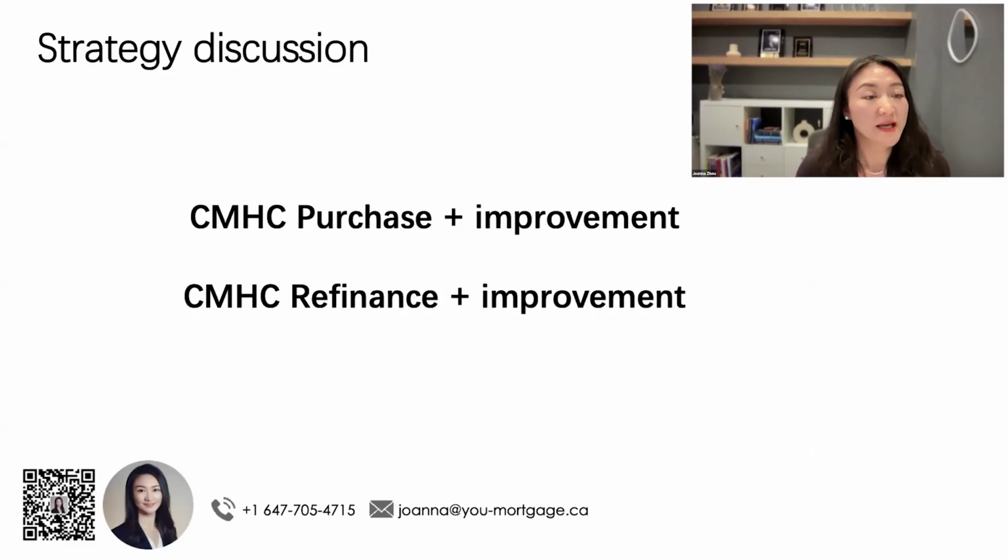So here we might have a little brainstorming about how we can use this program. Let's say purchase and improvement and refinance, and this can also be used as refinance plus improvement. I can make a case in my mind. Let's say you are a developer with a 100 unit building which has been with CMHC almost 10 years. It's almost time to refinance, but you will need a big capital improvement cost incurred to help you achieve higher refinance proceeds with CMHC.